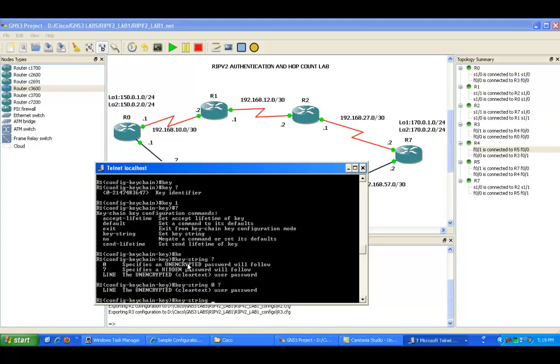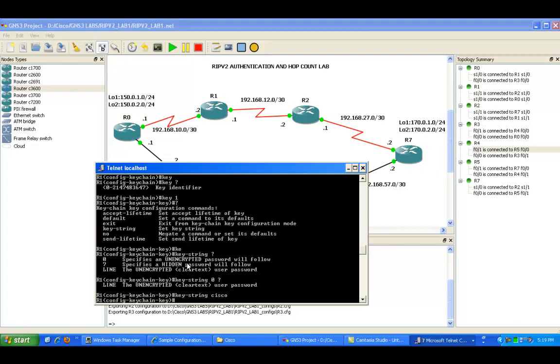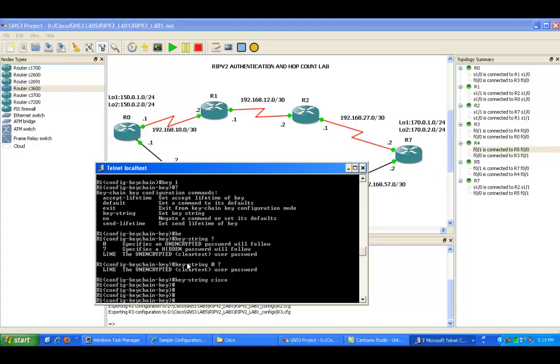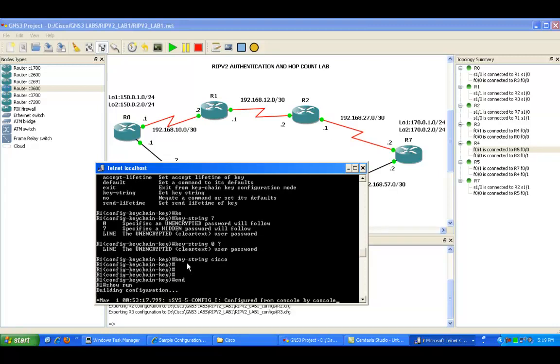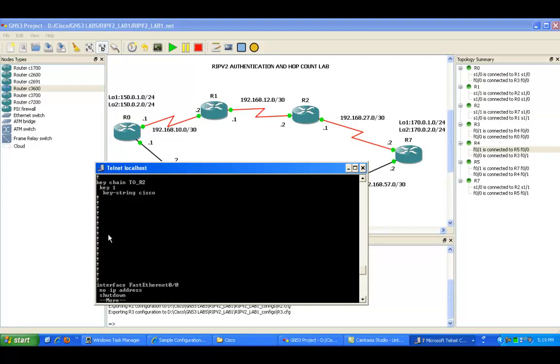So we're just going to put in our password under the key string. In this case we'll just have the password as Cisco. And if we do a show run on router 1, what we see is we have a keychain that we have created, which is 2_R2. We have one key defined, which is key 1, and then we have the key string, which is the actual password itself that is set to Cisco. Again, we can see that it is set to plain text,